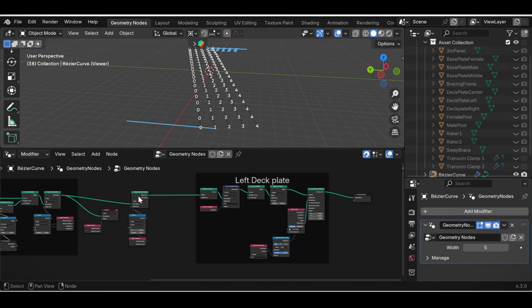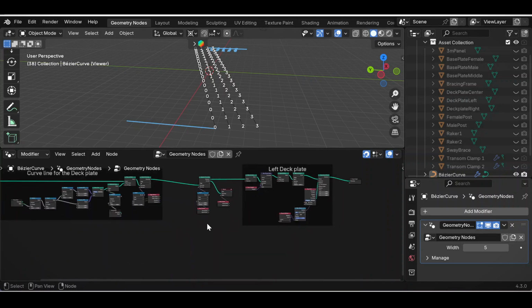Now I want to place the right deck plate. Let's right-click the Separate Geometry node. Plug the inverted, connect the mesh island. So we have curve 0, curve 1, curve 2, and curve 3. Now curve 3 is the right curve, which is 2 subtracted from the width value 5. So we will separate it,